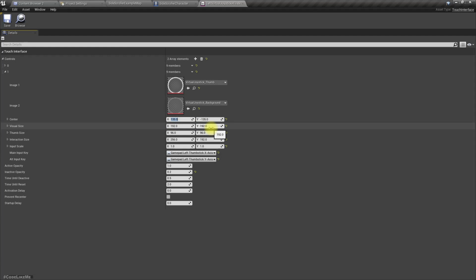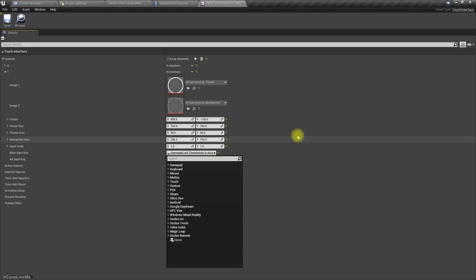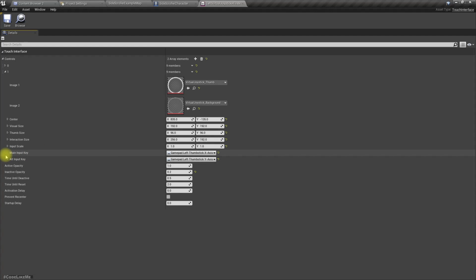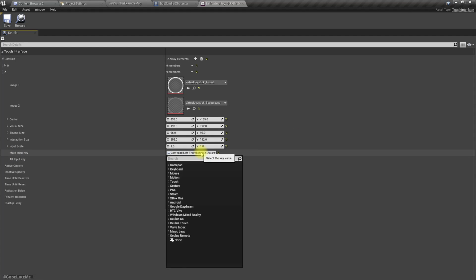So instead of 135, I'll put 835, and this I'll map to the first one. I'll map to